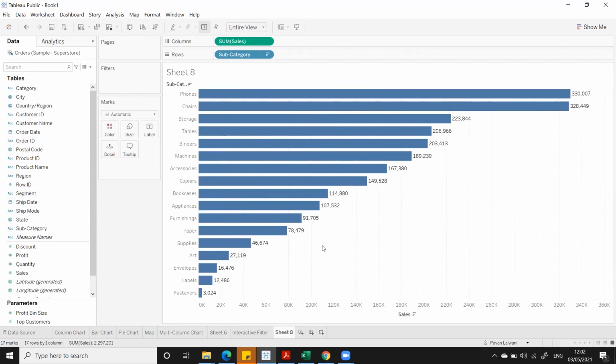Please prepare subcategory sales bar chart. After adding, just add the labels, and also you can sort in descending order.